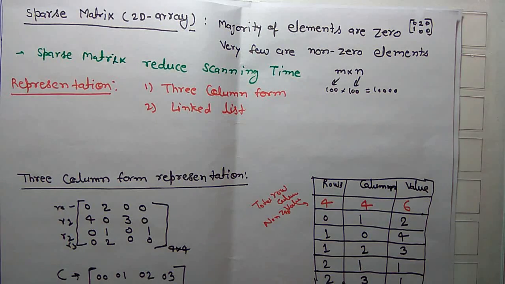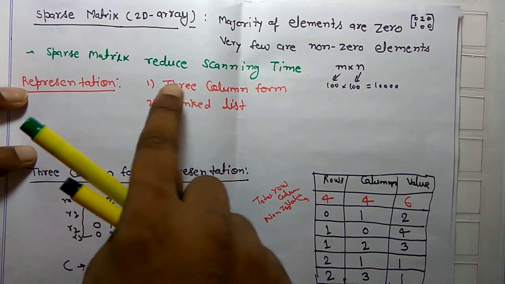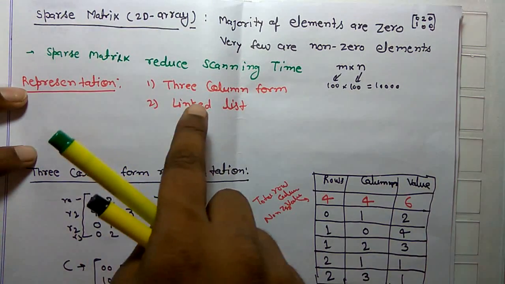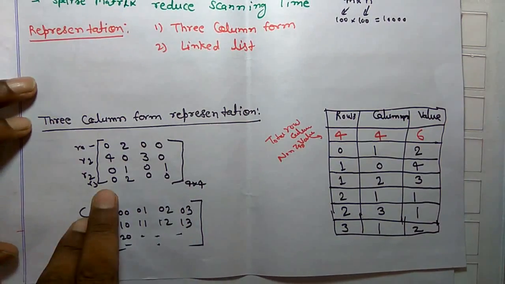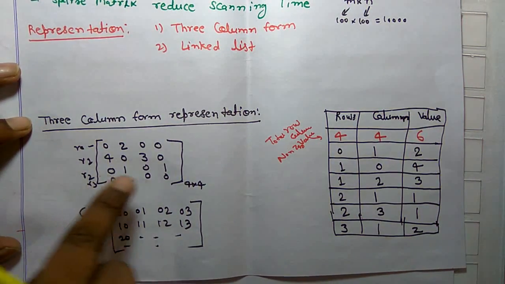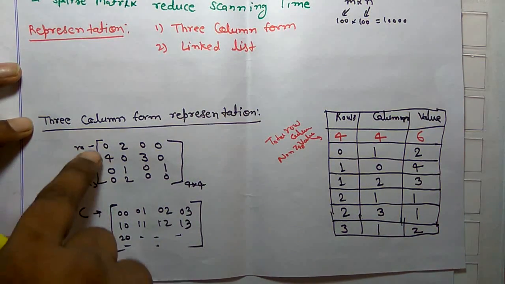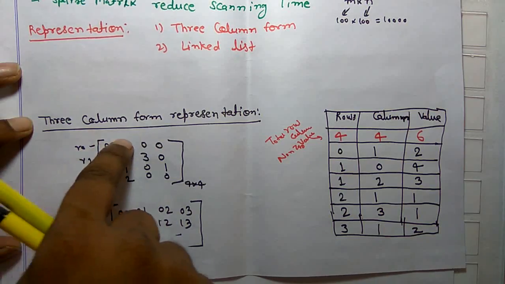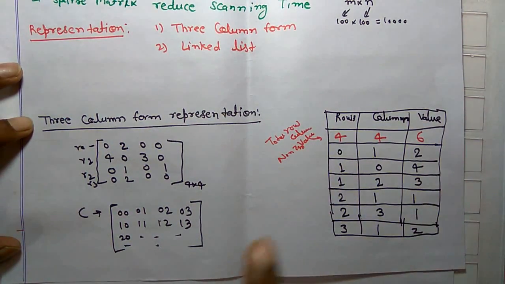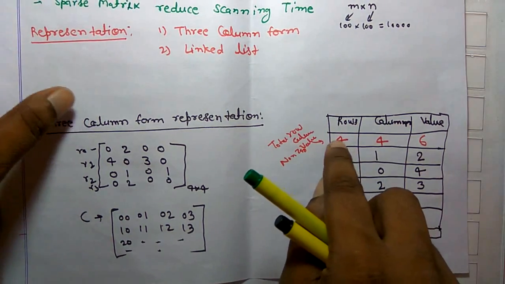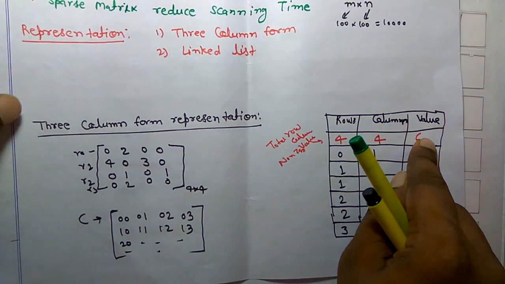Hi, in the first class, we have learned how we can represent a sparse matrix in 3-column form and in linked list form. The first, 3-column form, we saw in the first class on sparse matrices, where a 4x4 matrix is represented. In C programming there is indexing from 0, so row R0 and columns 0, 1, 2, 3, and we have represented it in 3-column form. The first row in this 3-column form represents total rows, total columns and total non-zero values.